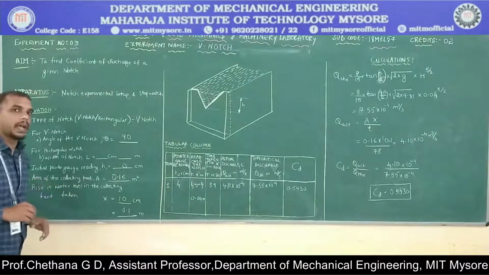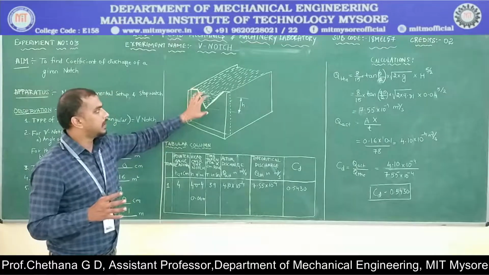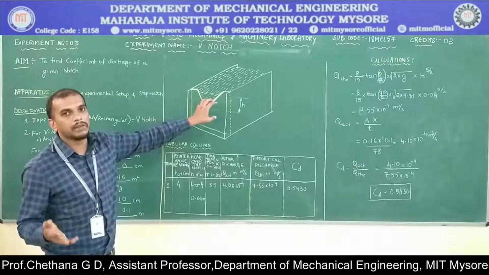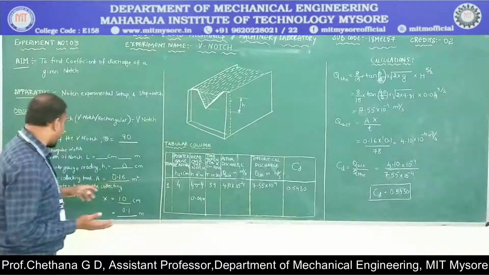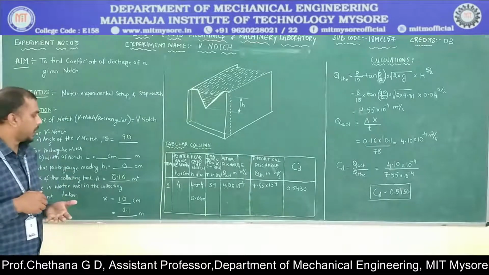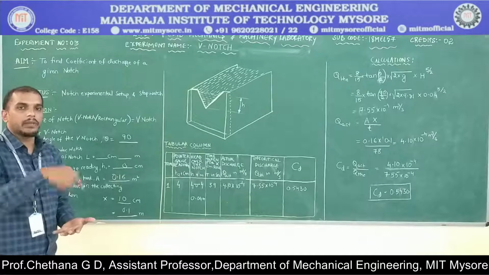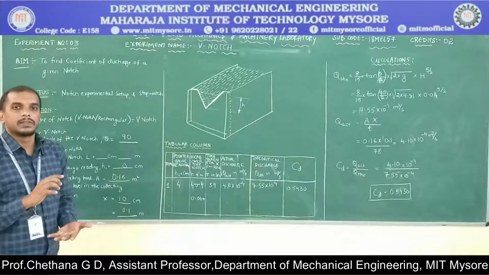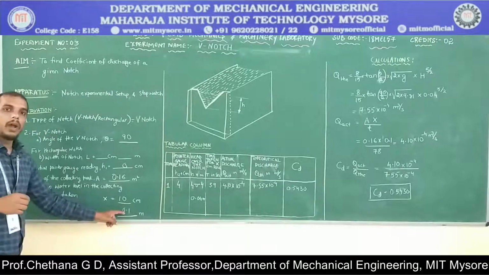Then the area of the collection tank. This setup is to measure the discharge in the V notch. At the same time we can also get the actual measurement by having a collection tank, and the area of that collection tank, perpendicular to the floor, is given. That area is 0.16 square meter. Then the rise in water level we are taking as 10 centimeter, that is 0.1 meter. So obviously we get the volume flow rate if you have the timer with you.